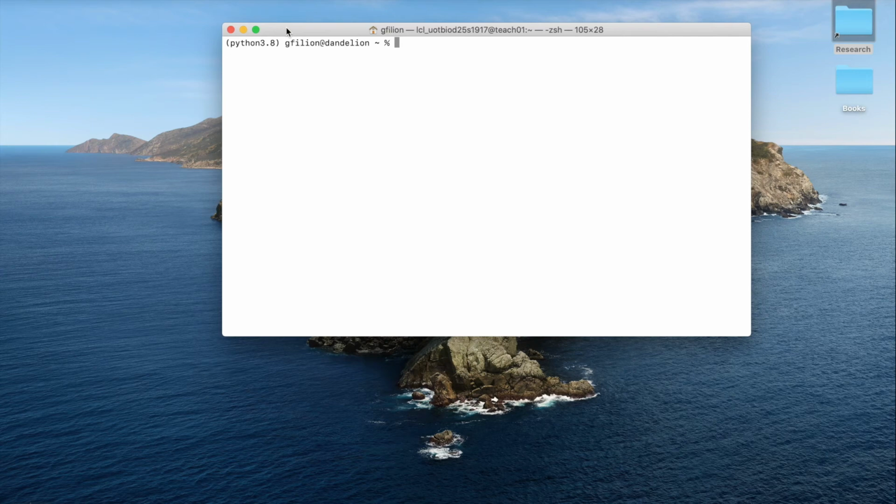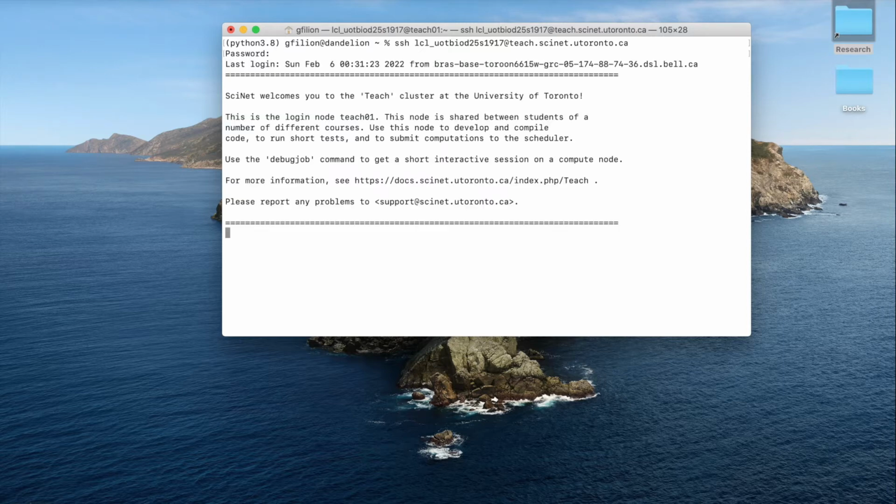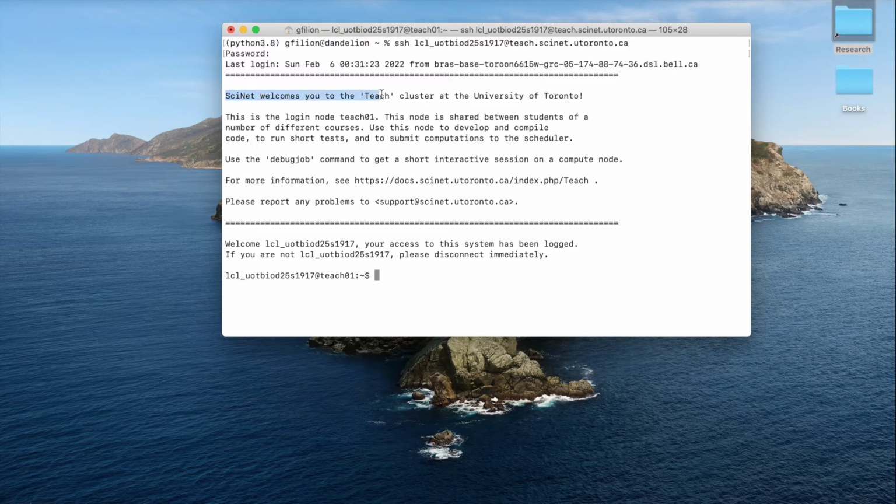In this video, I would like to show you how to connect and how to use the cluster. First, connect to the cluster using your login. In my case, it is ssh LCL_UniversityofToronto_BioD25_student1917@teach.signet.utoronto.ca. Next, you enter your password, which will not appear on screen. And if you did not make a typo, you will be greeted with the usual welcome page of the